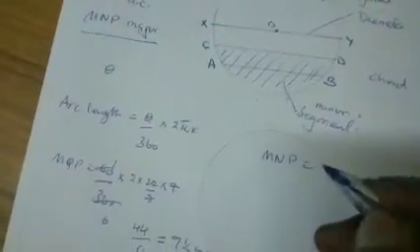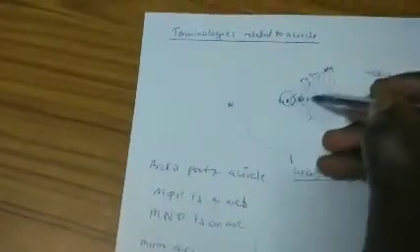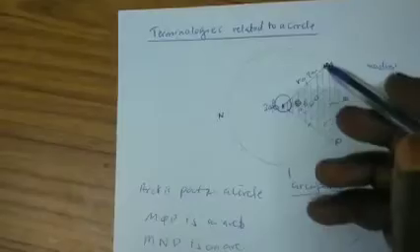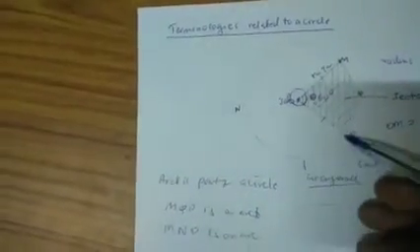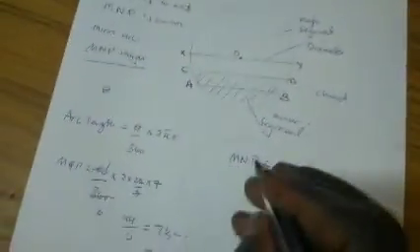So what will be the length MNP therefore? The length MNP being the major arc, then we know that the angles at a point is 360 degrees, and this is 60 degrees, therefore the remaining angle here is 300 degrees. So the angle subtended by the major arc at the center of the circle is 300 degrees. Therefore, the arc